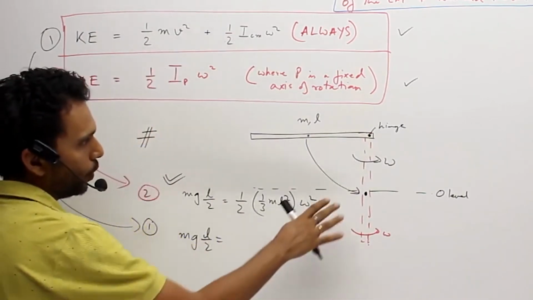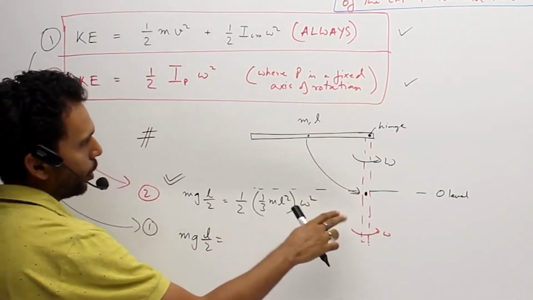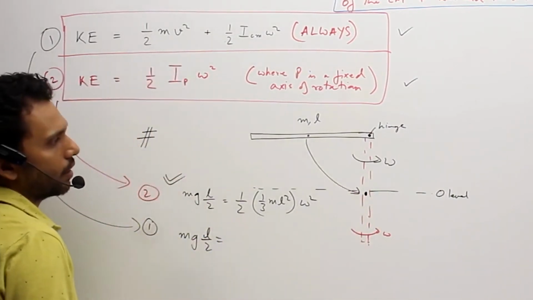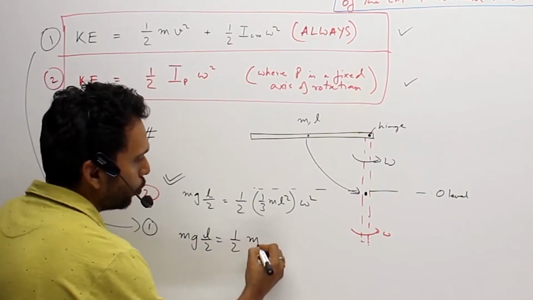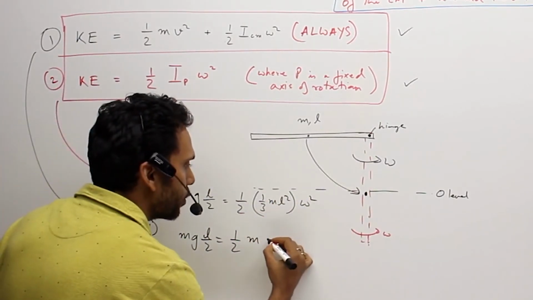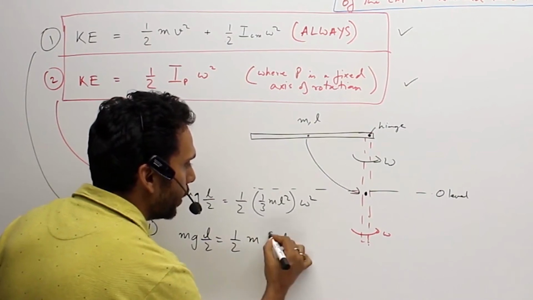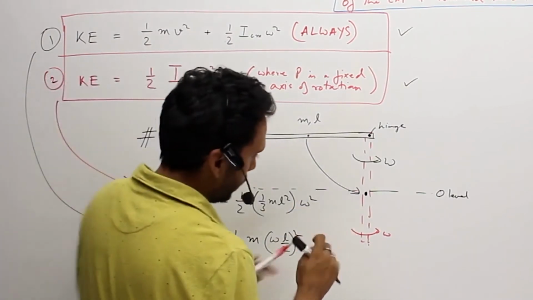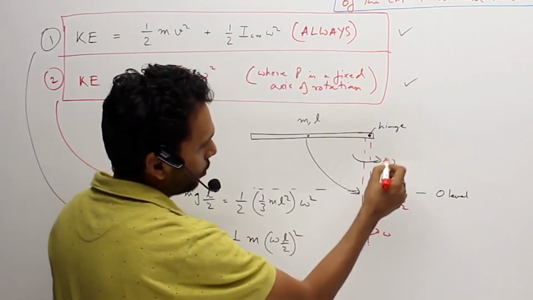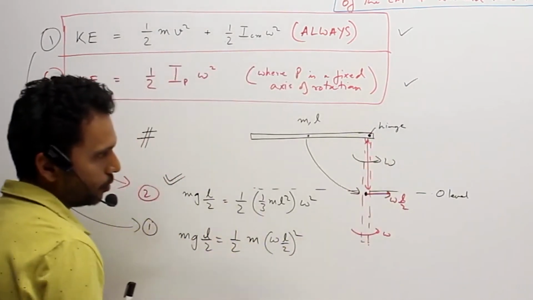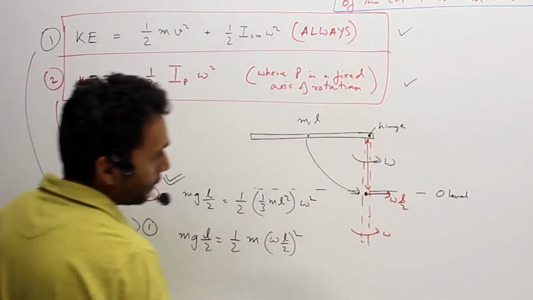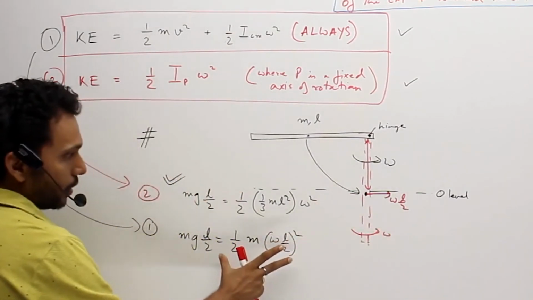All right, but as if it was a point body, all located at the CM. What would be the kinetic energy? It would be half into mass into the velocity of that point square. What will be the velocity of that point? It is omega into L by 2 whole square. That's the velocity of this point. I hope you agree with that. This point will be going with omega into L by 2. Omega is the angular speed and this length is L by 2. This point over here will be going with omega into L. This point over here will be going with omega into L by 4 say. So that's your kinetic energy of the center of mass.